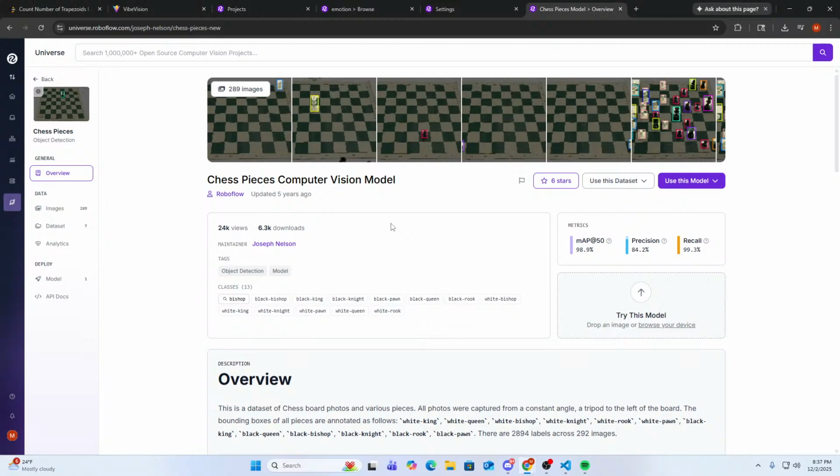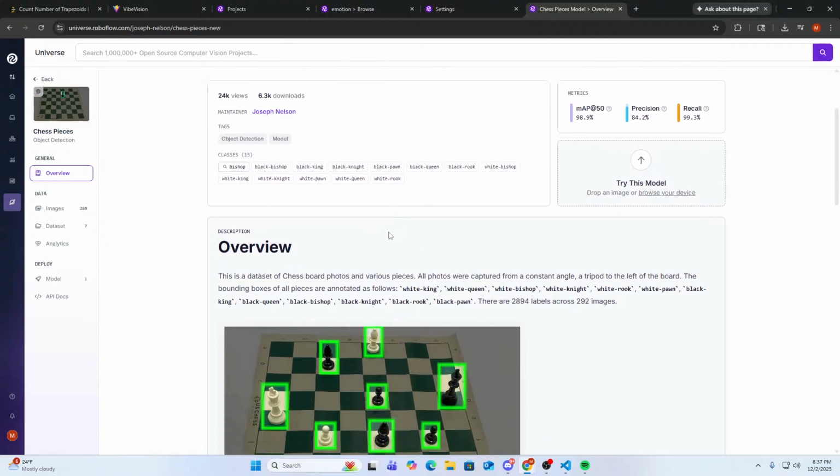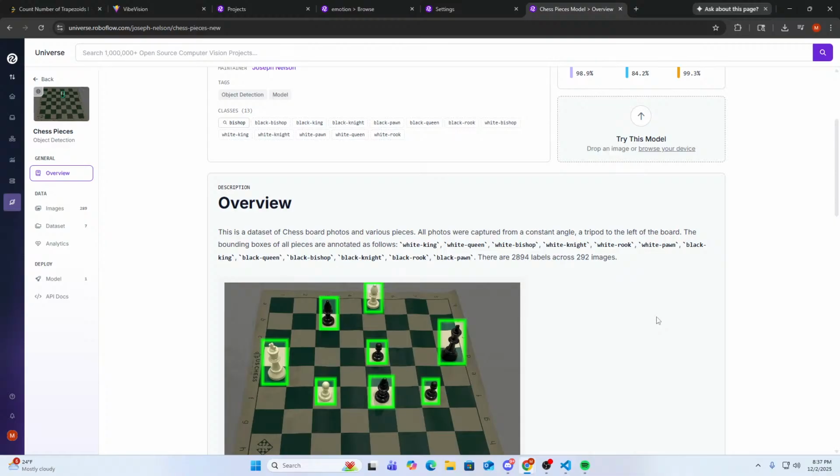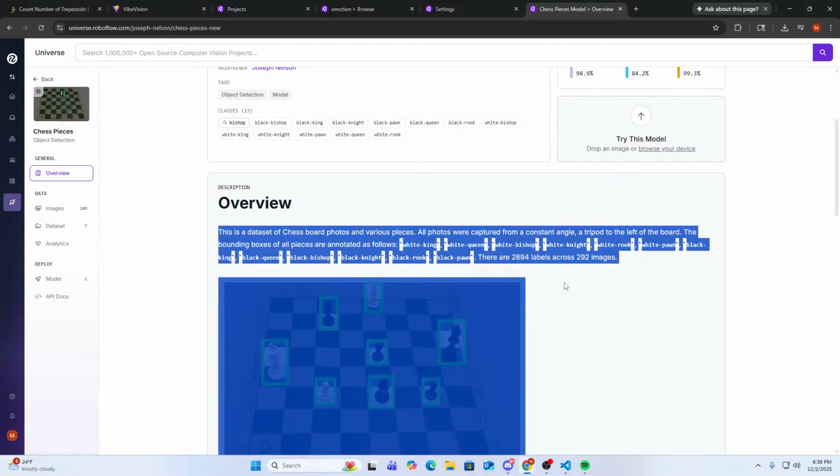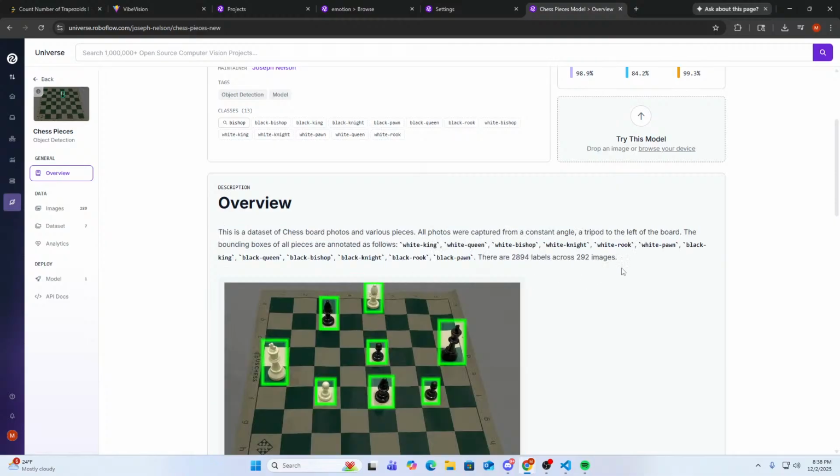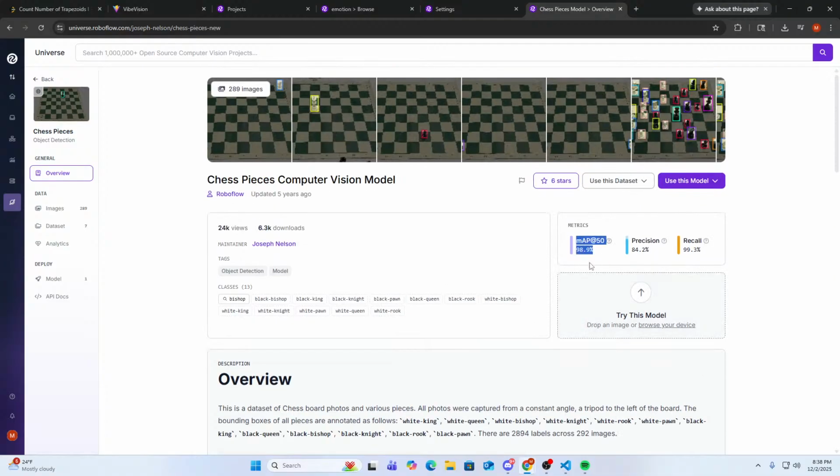Chess pieces, computer vision. Maybe we could build a computer vision model that can see the chessboard? Has 98% accuracy. 6.3K downloads, 24K